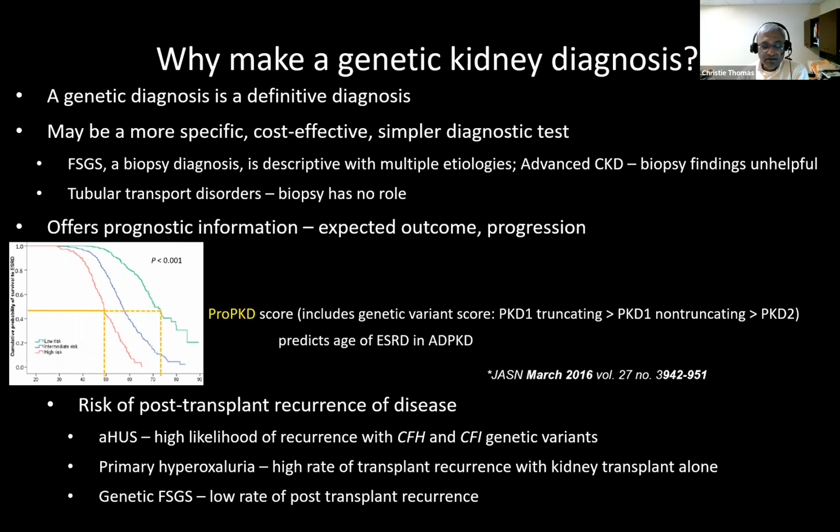It can help predict the risk of post-transplant recurrence of disease, so atypical HUS, often due to a defect in an alternate pathway of complement, usually secondary to autosomal dominant variants in several genes. And if you found that atypical HUS is from complement factor H or complement factor I, it has a high rate of recurrence of disease